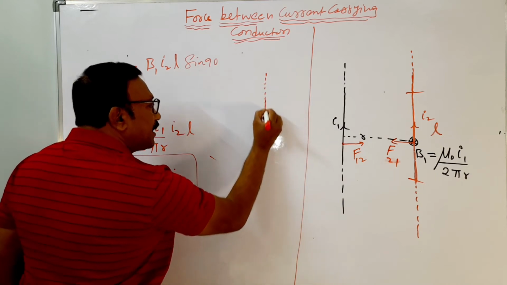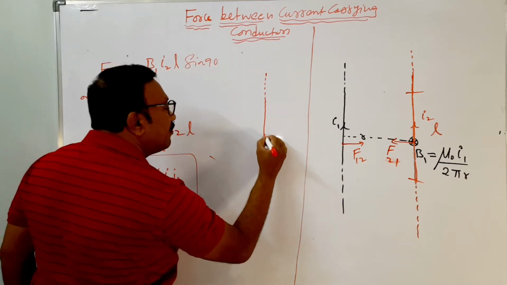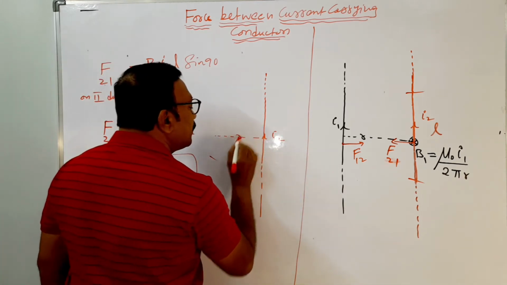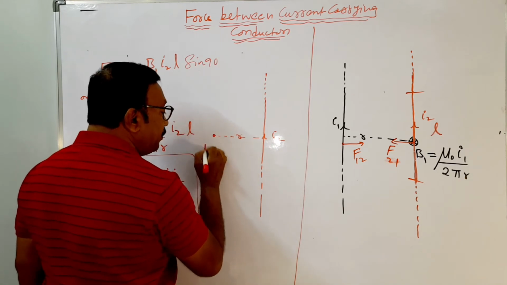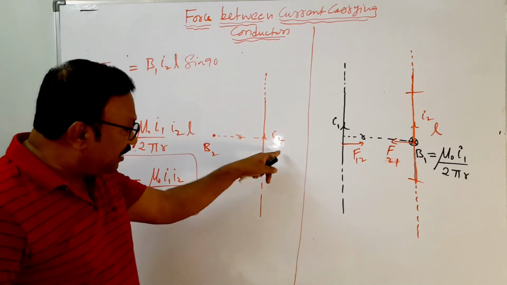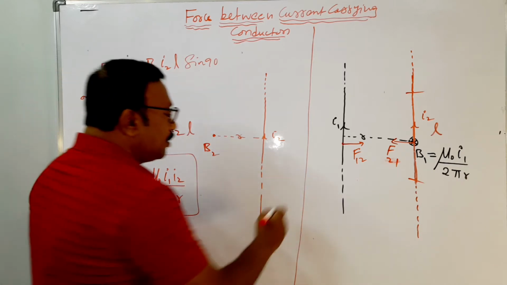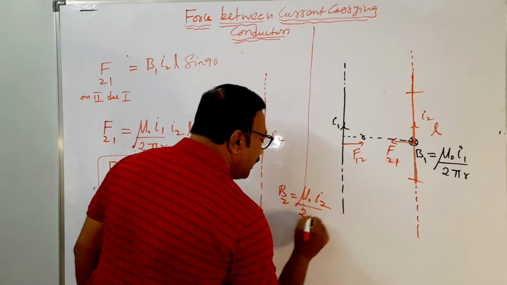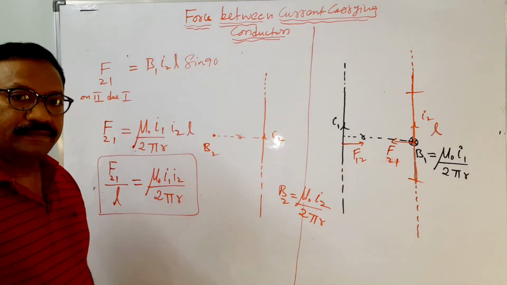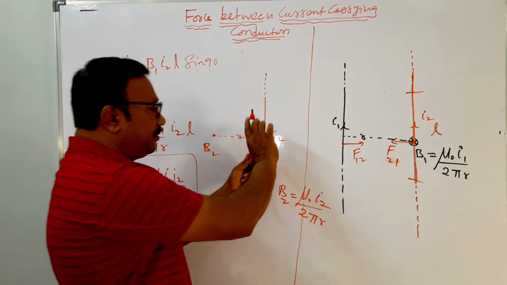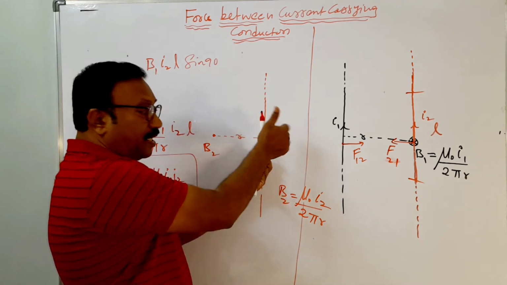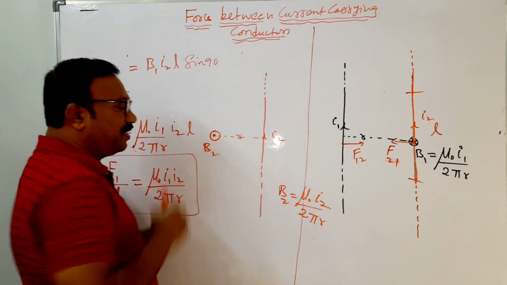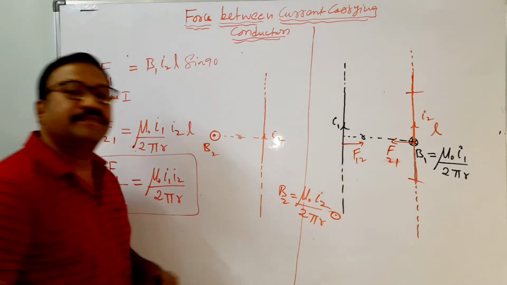So this is the second wire in which the current is flowing. Let, at a distance r, the magnetic field be B2. I will call it B2 now because the second conductor is producing the magnetic field. So that B2 is given by mu naught I by 2 pi r. And the direction of magnetic field: this is a conductor and the magnetic field will be outward. So therefore here an outward magnetic field is produced.